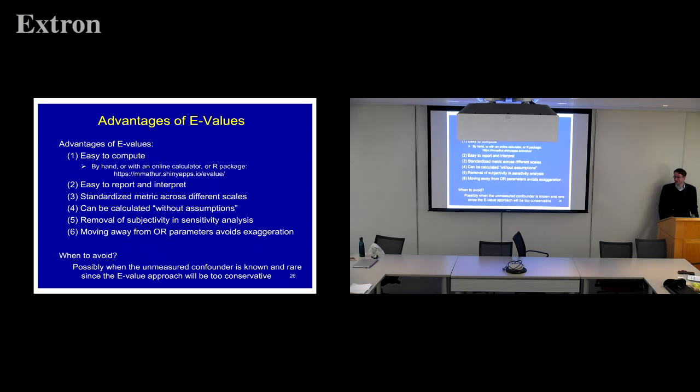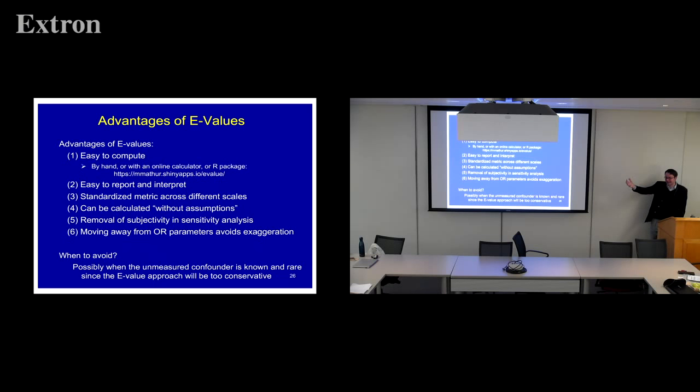It can be calculated without making assumptions on the nature of the unmeasured confounder. It sort of was one approach to remove subjectivity in these sensitivity analysis metrics. And unlike a lot of the earlier results, it's also defining the parameters on the risk ratio scale rather than the odds ratio scale. And I've come to think that those sensitivity analysis parameters, like the Rosenbaum-Rubin 83, and a lot of the ones in epidemiology as well, which define the parameters on the odds ratio scale, actually end up severely exaggerating the robustness, because